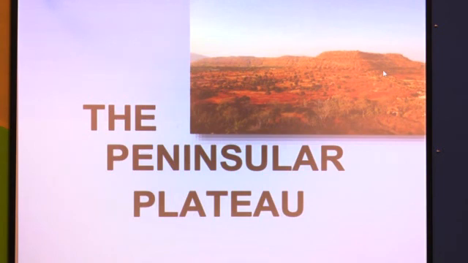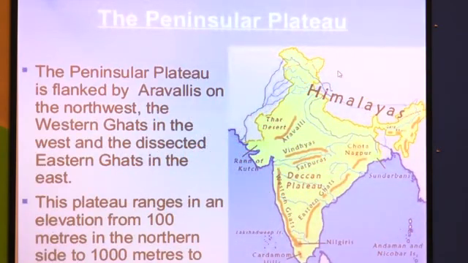So our peninsular plateau, in the southern part of India, is formed due to volcanic eruption, and so we call it the peninsular plateau. See here, this image is showing the plateau area, with the upper level flat and gentle slopes on both sides. When we see a mountain there are steep slopes, but for the plateau there are gentle slopes. So see here, next one, the peninsular plateau.